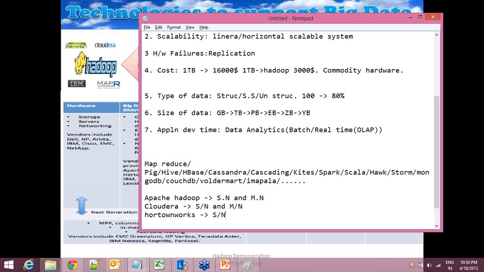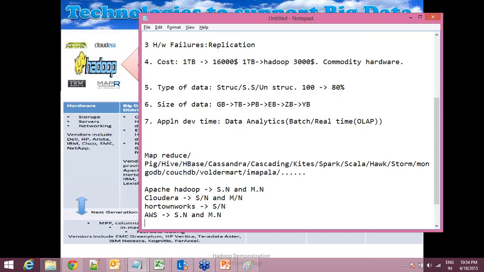And then we are going to do it in the AWS cloud also, creating the nodes. We are going to do the installation of single node and multi-node. Basically, instead of AWS we have to say the Amazon distribution, that is EMR and S3, Elastic MapReduce and S3, the Amazon distribution of Hadoop. So we are going to use that. We'll do the single node and multi-node installation of Hadoop on the cloud as well.